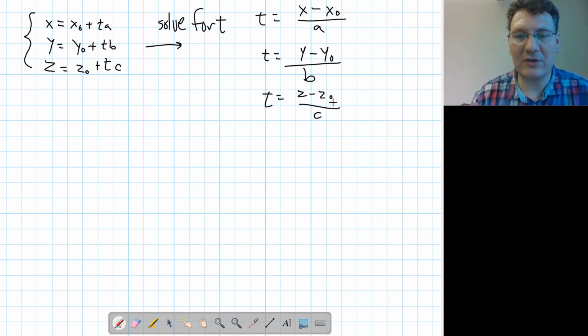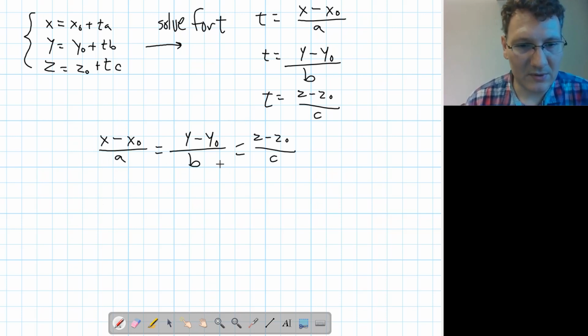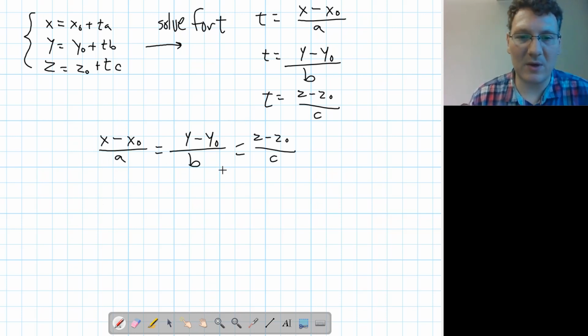And so we can set the right-hand sides all equal to each other, and we would write (x minus x0) over a equals (y minus y0) over b equals (z minus z0) over c, assuming a, b, and